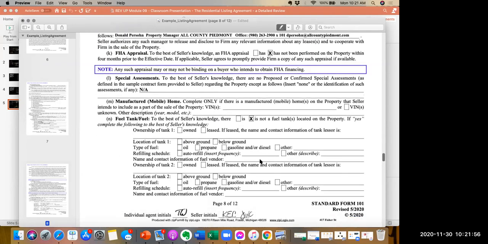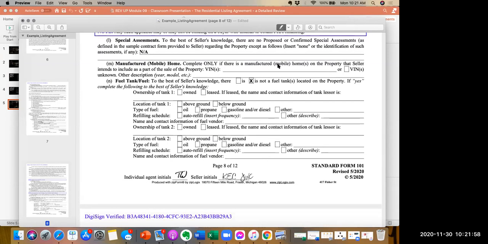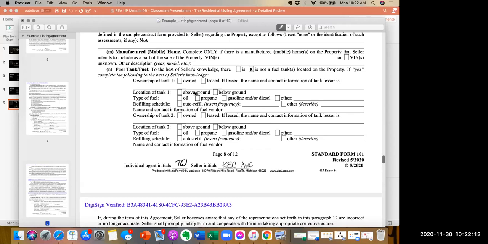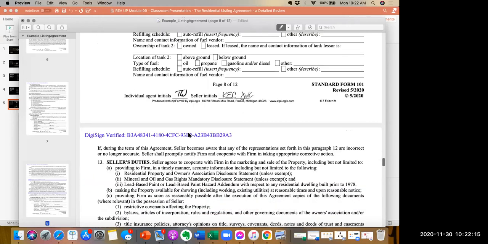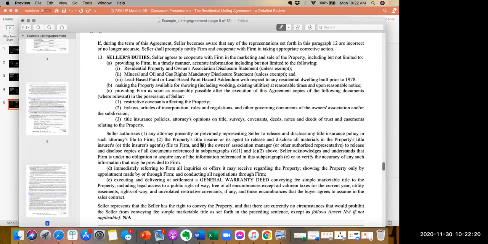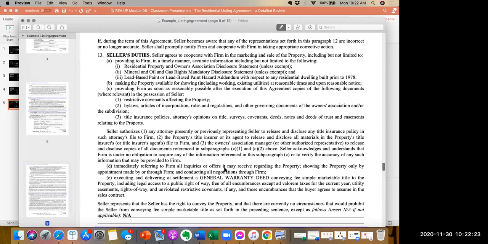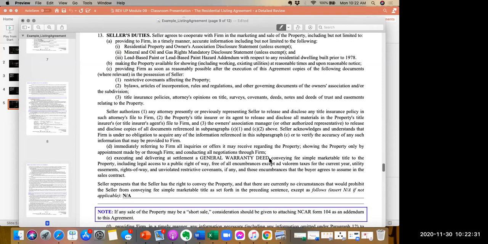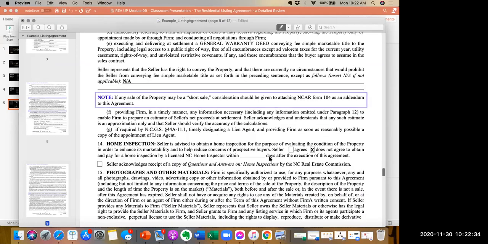Now, after special assessments, is it a manufactured home? If so, then there's information that'll go there. If not, I didn't put in A. But then you go, is there a fuel tank on this property? Yes or no? And if it is, you want to specify the location. And then we're moving into seller duties. I would just paraphrase this to them, kind of go through them. This is what I need help from you in making sure that we get the appropriate information so we can sell the property. And basically,